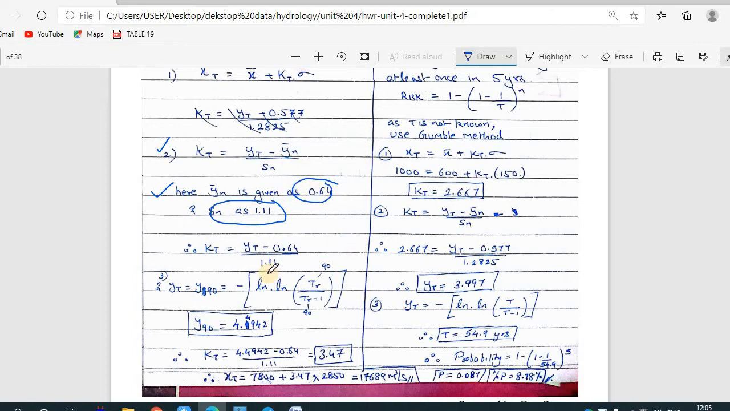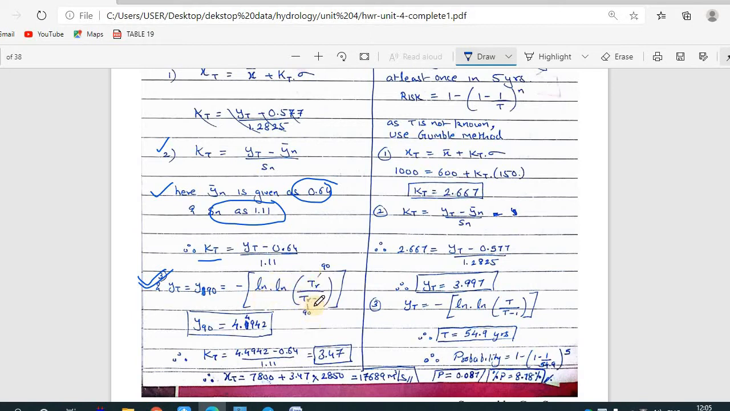So the final equation for kt becomes kt equals yt, we don't know the value of yt, minus y bar n, which is 0.64, divided by 1.11. Now in order to calculate this yt, we have the formula. T is the return period, so the return period is 90. So y90 becomes minus ln into